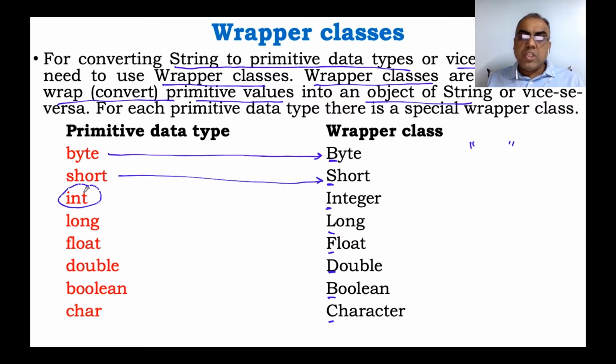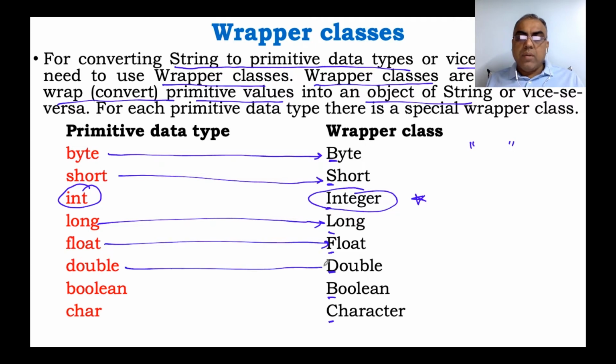Now this is a special one, int is Integer, it's not Int. It does not match exactly directly with the primitive keyword, but it's still Integer with I. So this is a very good question for an MCQ. Long is Long, of course. Float is Float. Double is Double, of course, all D, F, L, all capital. Boolean with B capital. Another type which is not matching directly with the keyword is char, with Character.